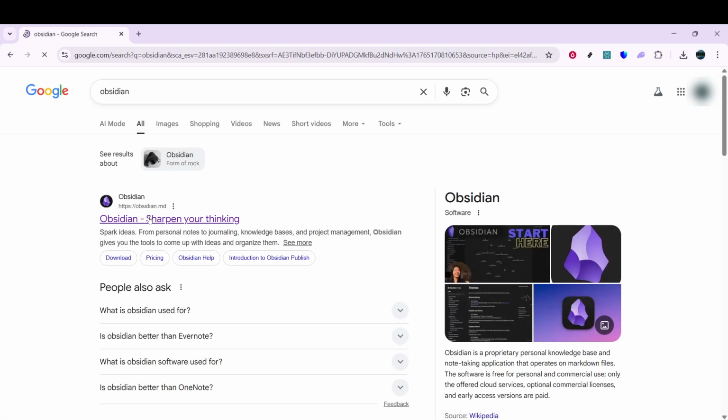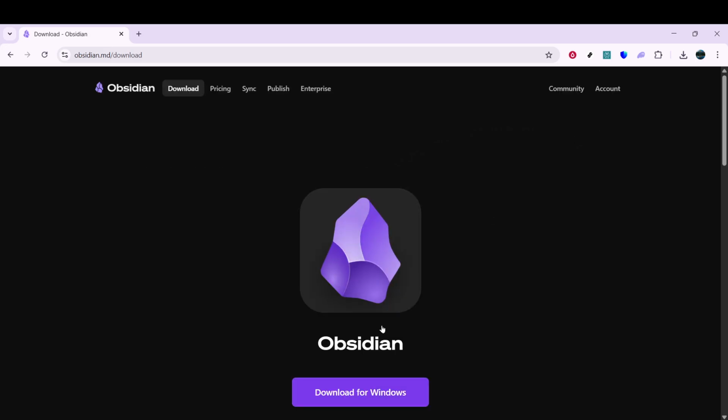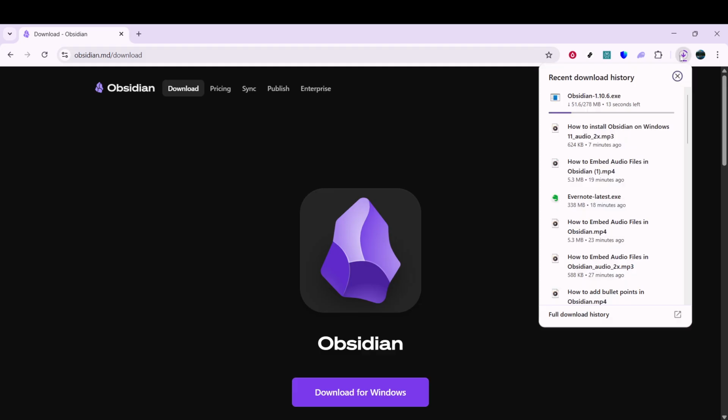The page automatically detects you're on Windows and shows the Windows download option. Now, click Download for Windows. This starts the download for the installer, named obsidiansetup.exe. Depending on your browser, you may be asked to confirm the download or choose a location. If you're not prompted, it usually saves to your Downloads folder, and you'll see the progress near the top right